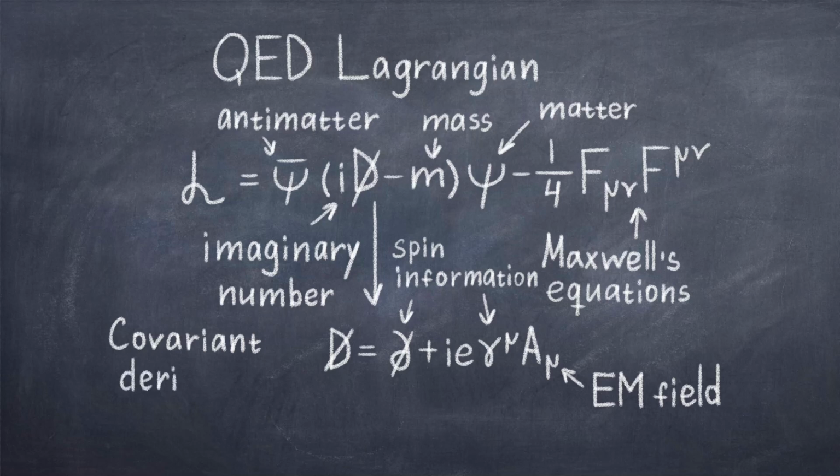Thus this term is exactly what gives us the Feynman rule for the vertex in QED. The gamma mu, roughly speaking, just contains spin information of the interacting fermions. Again, usually we consider electrons. Now that we have figured out the Feynman rules, let us get to the Feynman diagrams of QED.